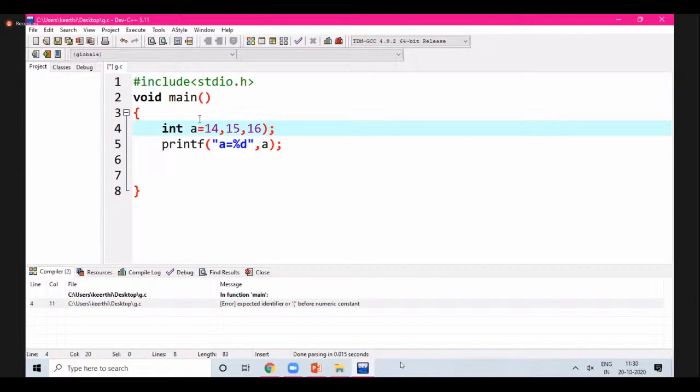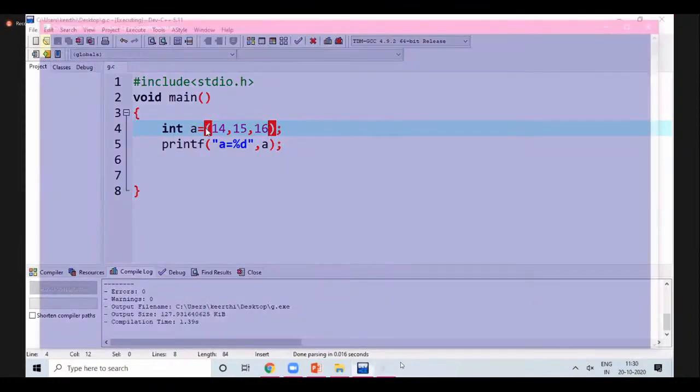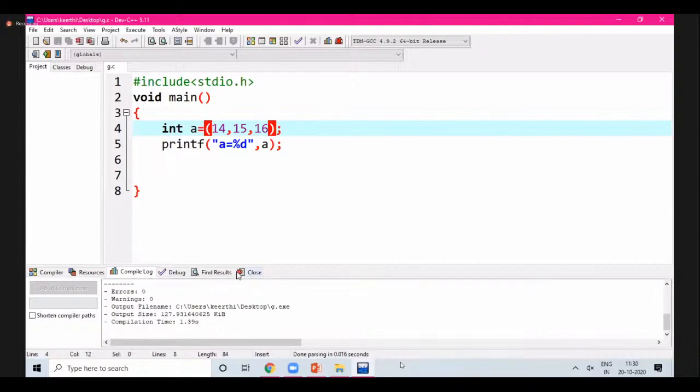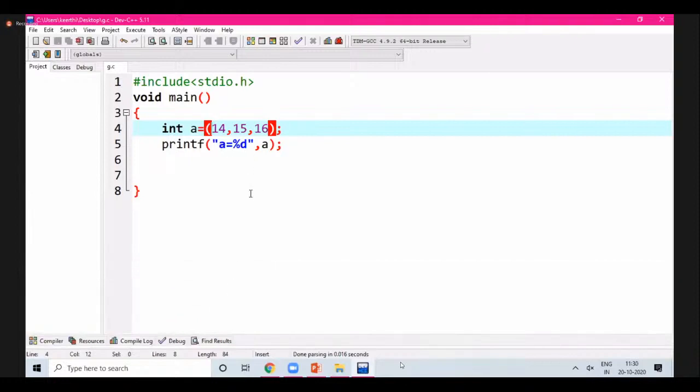So suppose I parenthesize this, your comma is capable of doing that. So your value will be 16. Whenever you use the comma operator, it does not only act as a separator. If you want to initialize multiple values for a variable, you can still do it, but you have to use parentheses for priority. And the comma operator with assignment always has associativity from right to left.